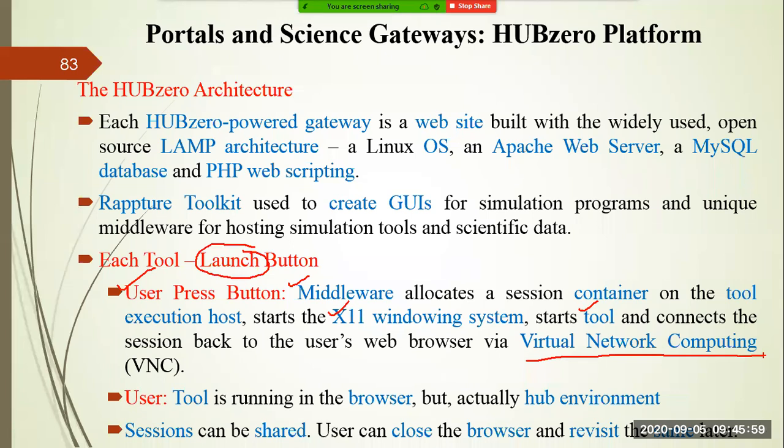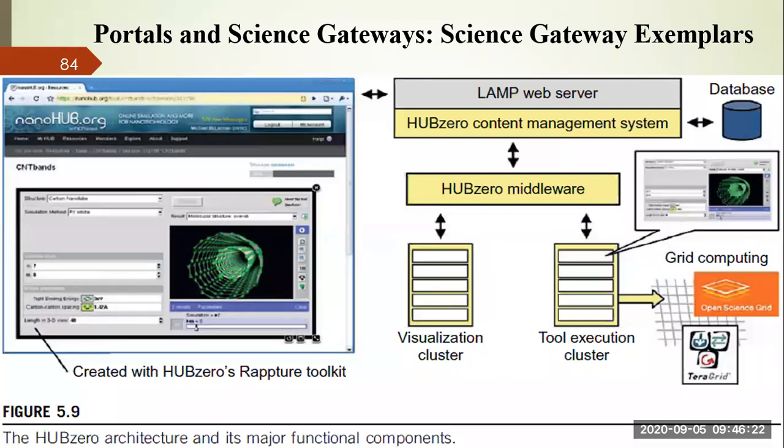So you can share the sessions like we are sharing a single session now. A lot of students and I are participating in a single session. So you can share your session. You can also close the browser, and you can rejoin also. That is also possible with the help of this particular tool. So this is the complete architecture. You can see this is called the HUBzero architecture. You can see here we are using a web browser, right? That web browser is visualizing a particular image, and here you can see a 3D view and you can model them.